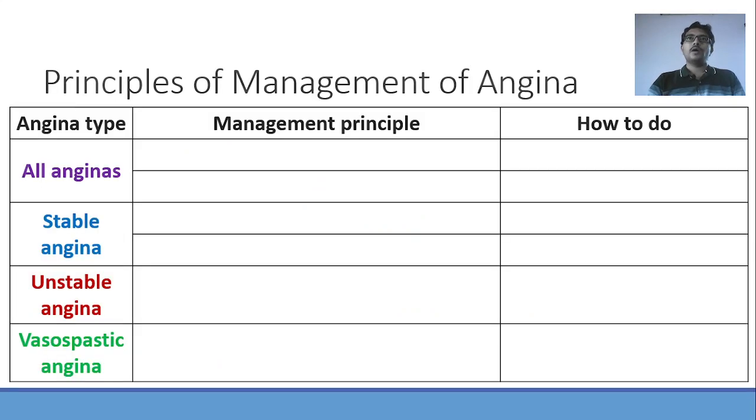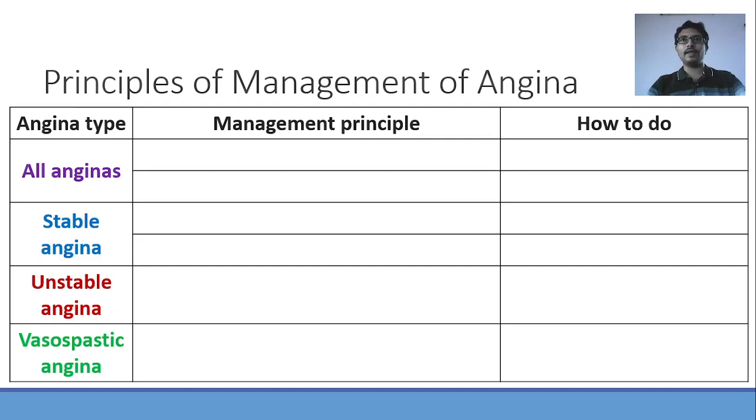Moving on, how do you manage different types of angina? You now know the pathophysiology behind each type of angina. You now know that in angina there are two things. One is oxygen demand, and the second one is oxygen supply. If you have to manage a case of angina, you have to either decrease the demand or increase the supply. Out of these two, decreasing the demand is only a temporary solution, because the pathology is because of